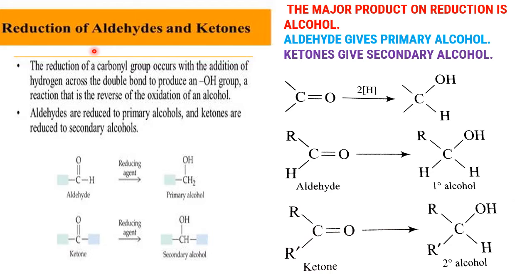So the C double bond O bond is there, no? The C double bond O. So this group becomes what? Here we will add one H and another H here. So C double bond O becomes CHOH. Already one H is there here. Now an extra one H. So together it becomes CH2OH. That is shown here. Okay.